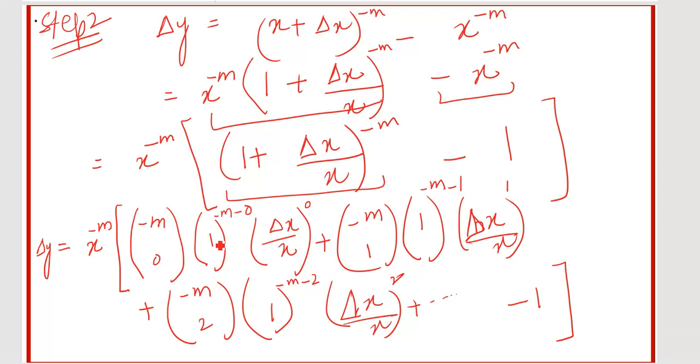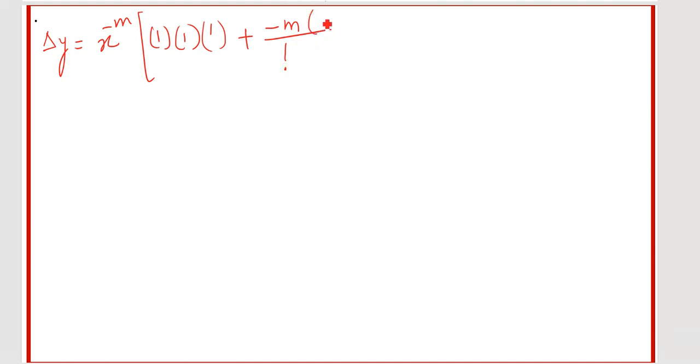This will be 1, whatever power you have, 1, right, it will be equal to 1, and here delta x over x, anything power 0 is also equal 1, so this part will be all 1. I will write down here delta y, so x raised to power minus m, so here 1 and then 1 and then 1, right? Okay, plus we had minus m, so this over this, and it was 1 here, delta x over x, plus m minus 1, and here we have 2 factorial, this is 1 factorial. Here we have 2 factorial